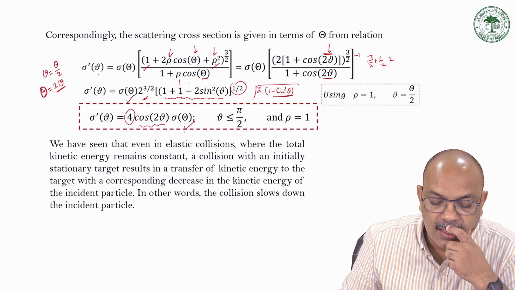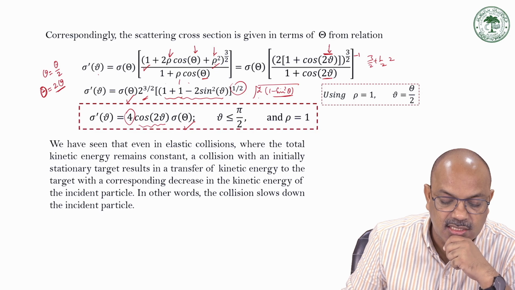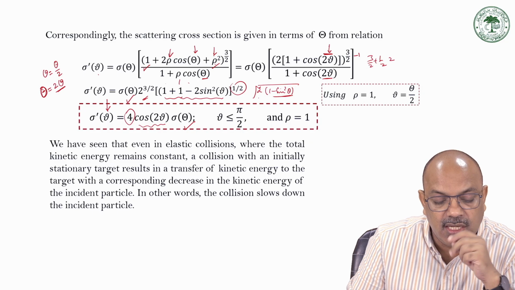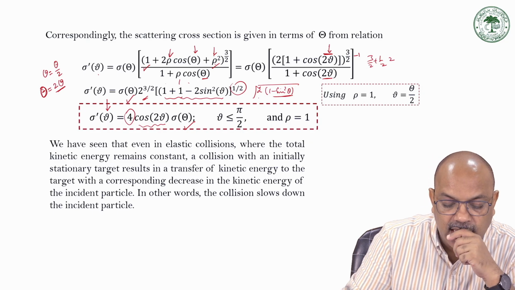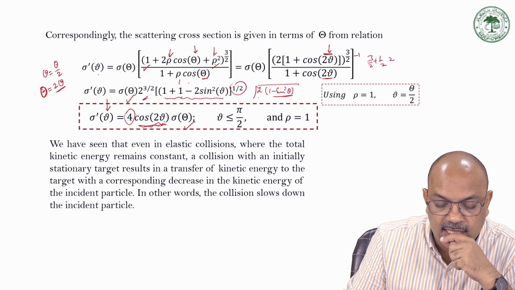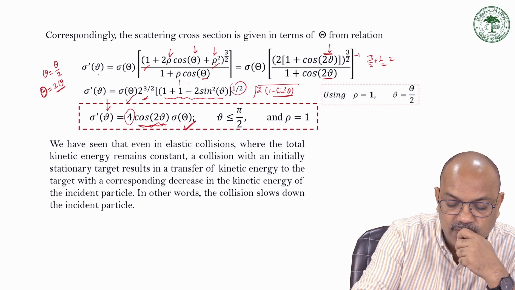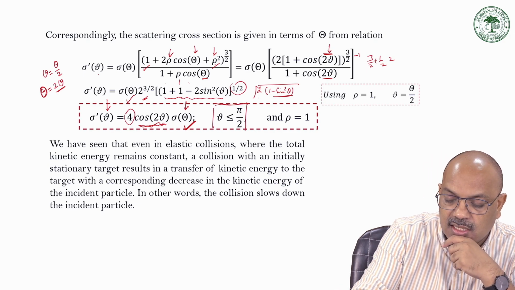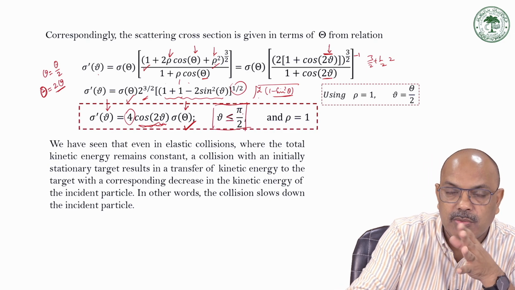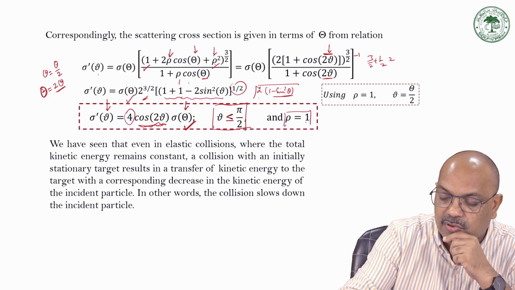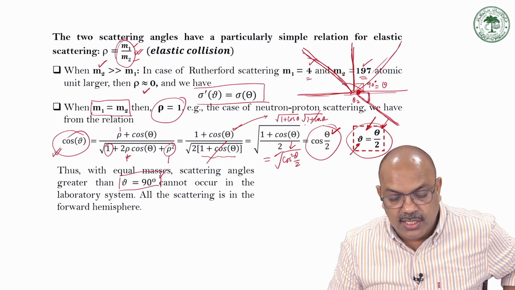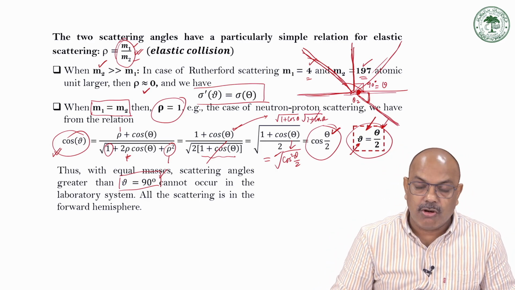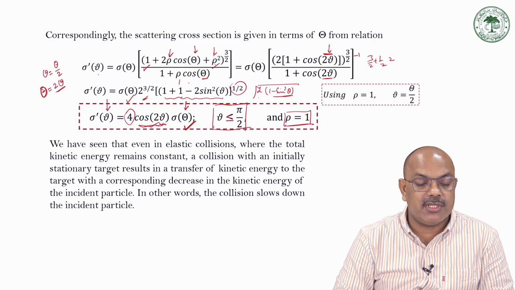Okay. So now what we have is the relation: the differential scattering cross section in the lab is going to be 4 times cos of theta in terms of the center of mass differential cross section. Where the condition is that this scattering angle has to be less than or equal to, cannot be greater than, 90 degree, and rho is 1. This is for equal masses. So one is that for equal masses in elastic collision, the scattering angle in lab system cannot be greater than 90 degree, and the second relationship is this